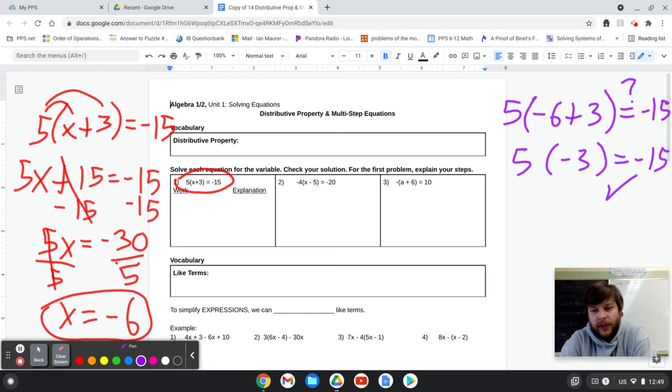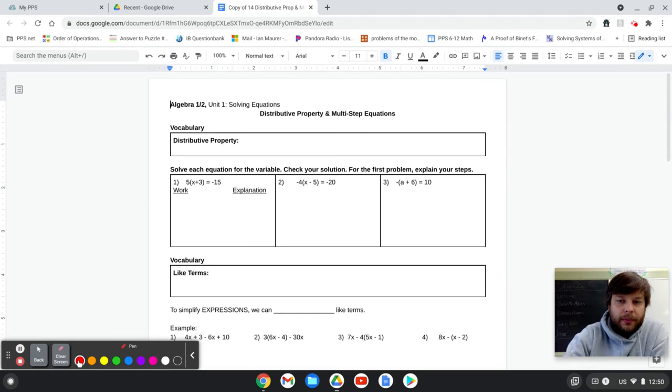I want you to notice that when we were solving the equation, we went in the reverse order of operations after we did the distributive property. And when we were plugging in our answer to test our solution, we went in the normal order of operations, in the PEMDAS order. I'm going to clear the screen and do one more problem because a lot of times people get hung up on this little detail. So I'm going to do problem number 3,